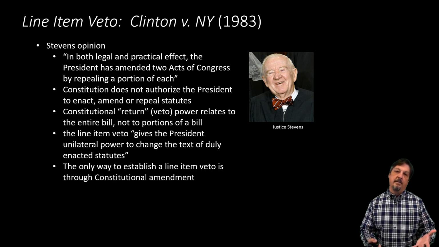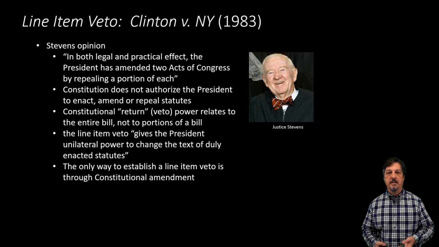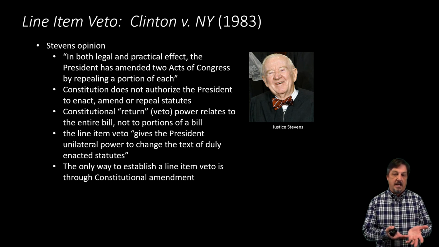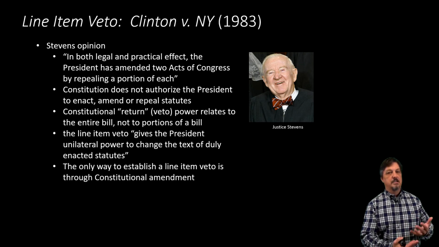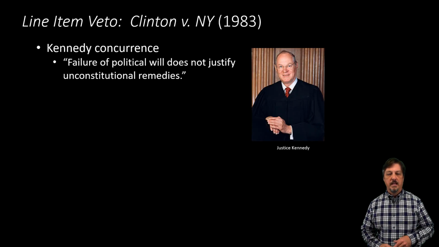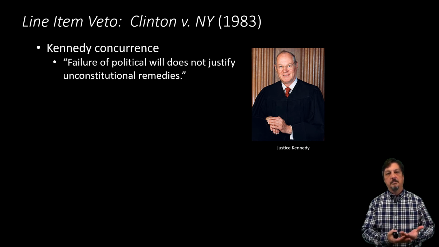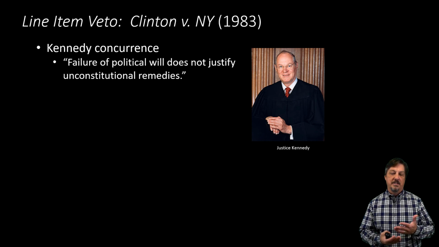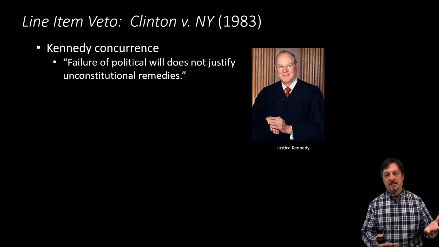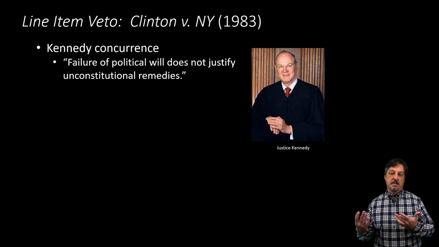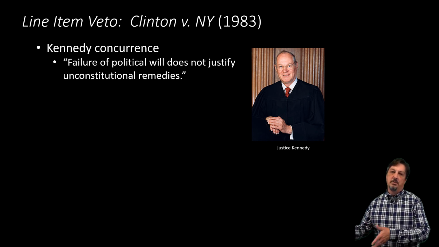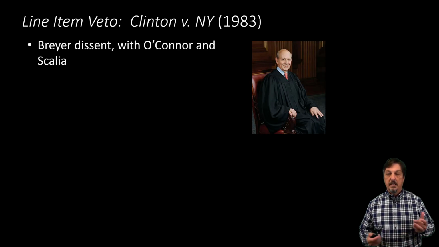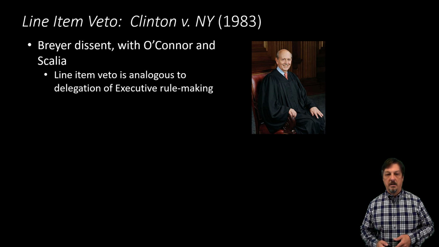Stevens notes that if we do want to have a line item veto for the president, the way to provide for that would be to amend the Constitution and to provide for it. And incidentally, it's in those states where there is a line item veto, the state constitution directly provides for it. So Justice Kennedy concurs in the opinion and just kind of notes that really what the problem is, if there's a problem, is political, that if Congress can't sort of stand up to those kinds of pork measures, then that's a political problem, and you can't solve that problem by an unconstitutional remedy, which in his view the line item veto was. And there's a dissent from Justice Breyer with O'Connor and Scalia,